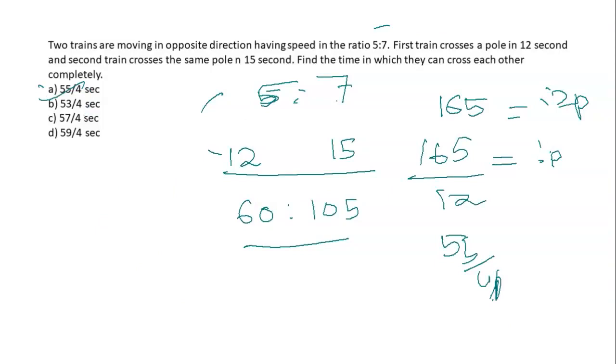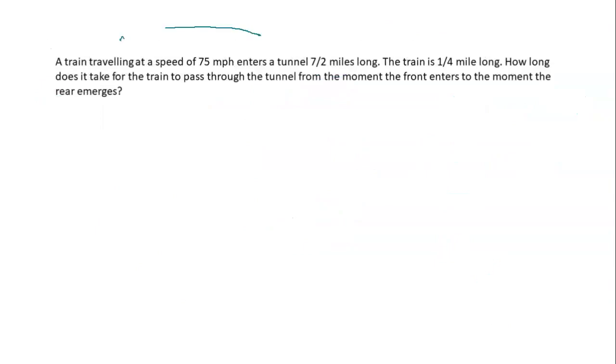Next question. A train traveling at a speed of 75 kilometers per hour enters a tunnel 7 by 2 miles long. The train is 1 by 4 mile long. How long does it take for the train to pass through the tunnel from the moment